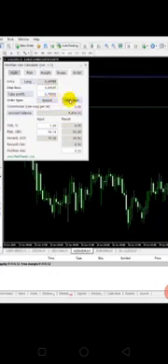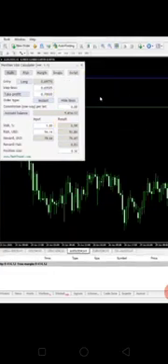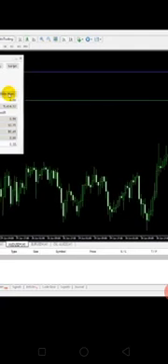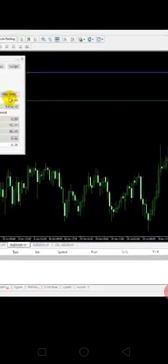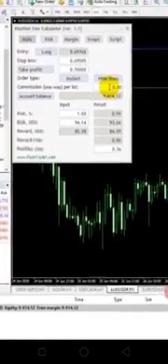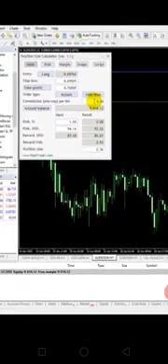The hide lines and show lines option means that on the chart you would be able to see the SL and TP with lines. If I hide the lines, they will go. If I show the lines, then the lines will be visible. Commission here is the commission charged by your broker. So at this point you can think about how precisely and minutely this indicator is working, because it is counting the broker commission too. Let me put 10 here.